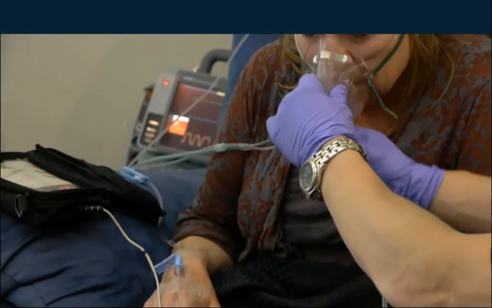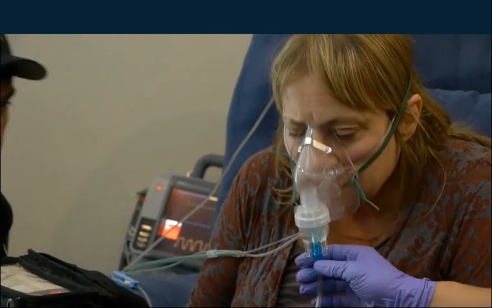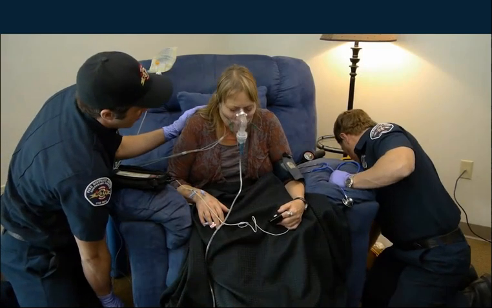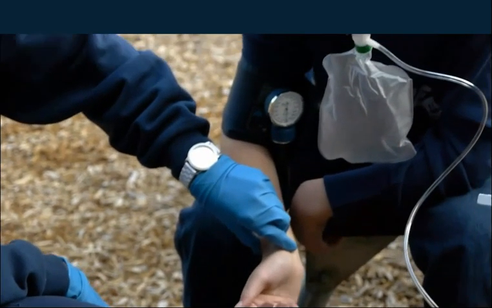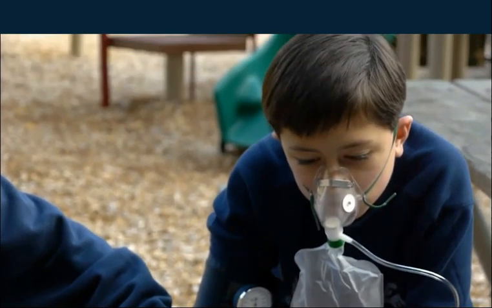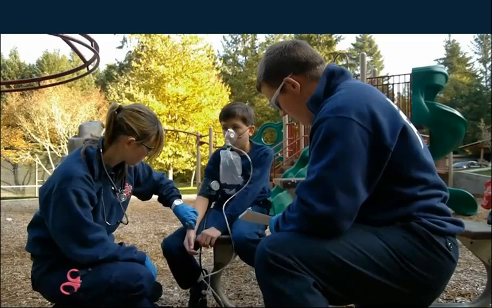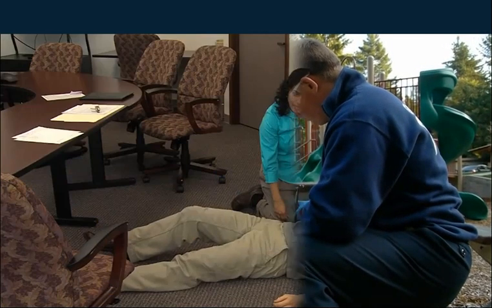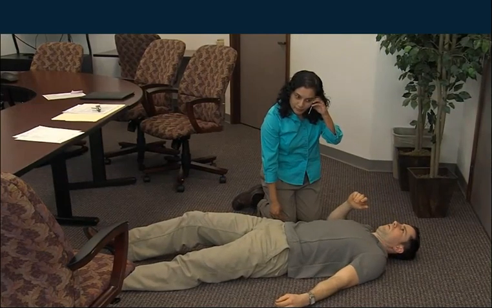Capnography can also be useful in the objective assessment of respiratory complaints or for treating pathologies that involve air trapping, such as asthma, chronic obstructive pulmonary disease, and anaphylaxis. Because capnography can provide information on how effectively carbon dioxide is being produced by cellular metabolism, EMS responders can more effectively assess a patient's metabolic status. Capnography is also an excellent tool for determining metabolic acidosis and can be used in trending the treatment of patients